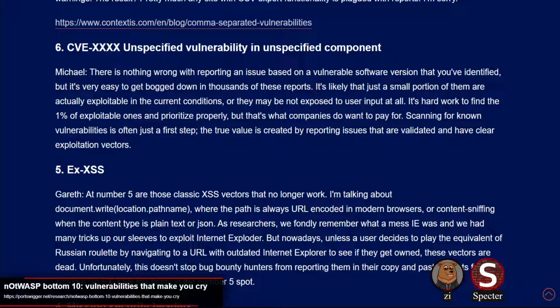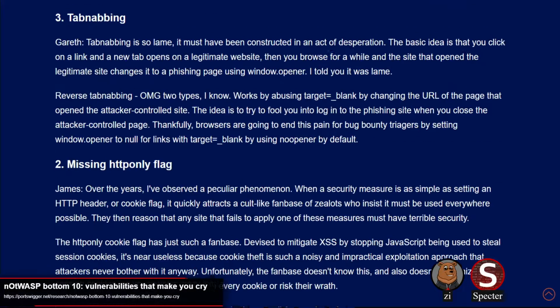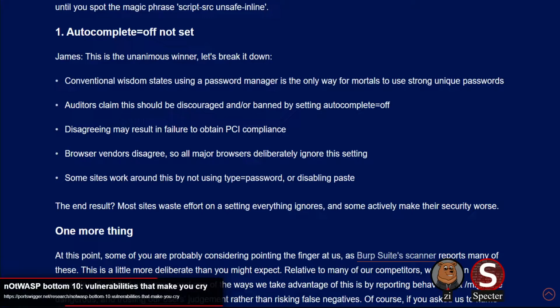Things like that, yeah. The top one was reporting that autocomplete should be set to off, because autocomplete is very dangerous, and it's not like we'd want people to be able to use their password managers. And most browsers ignore this anyhow. Yeah, it's not even supported in Chrome, Firefox. I'm not sure about Safari, but I would assume it's kind of followed